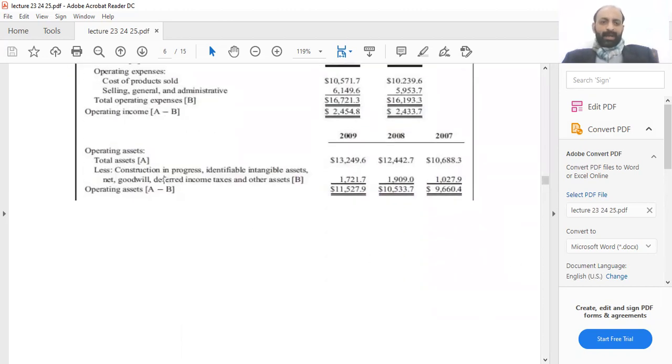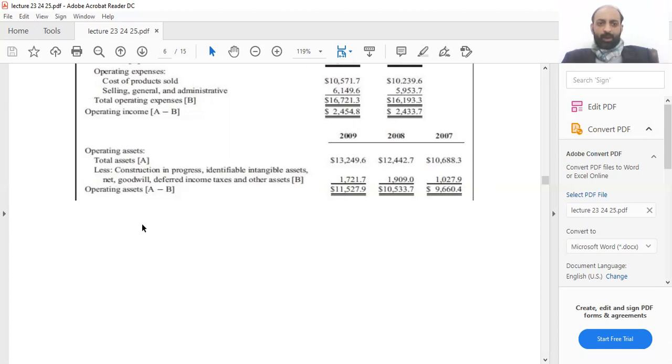Then we look at the operating assets. Now, what is an operating asset? An operating asset is an asset which contributes directly to the revenue generation. So any asset that contributes towards the revenue earned by the company is called an operating asset. So since it has to be a contributory asset,